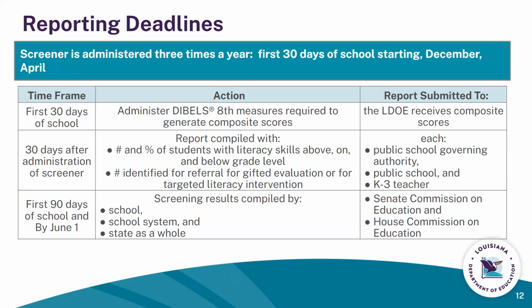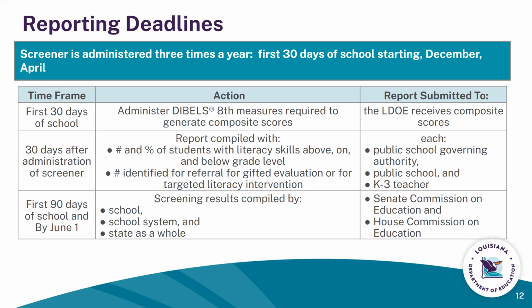And then 30 days after that first administration, reports were compiled with the number and percentage of students with composite scores that fell below, those that had scores on level, and those that fell above level, and the number of students who were identified for referral for gifted evaluations, as well as the number of students who required targeted literacy intervention. And this report was submitted to each public school governing authority, to each public school, and then to each